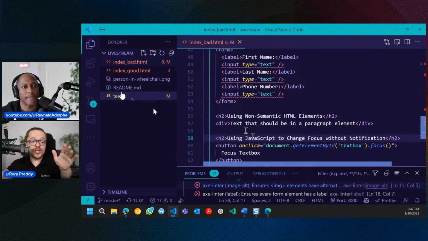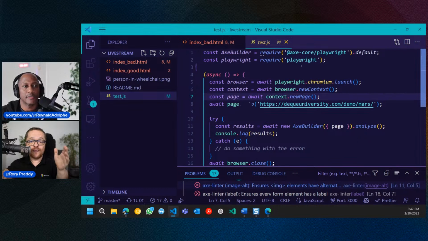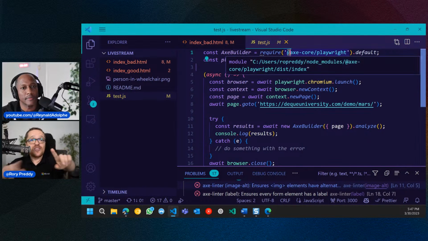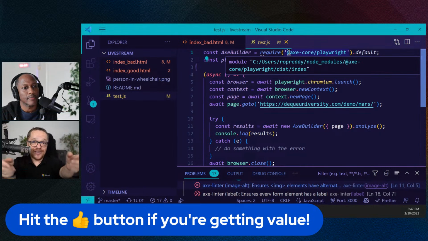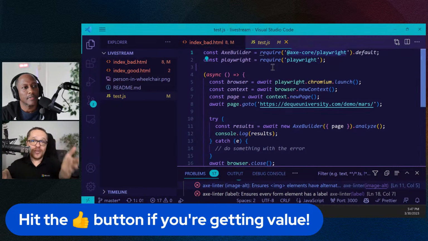So I'm going to show you today how to do that in a quick, easy way with a little bit of JavaScript code. The first thing we're going to do is import the Axe Playwright engine. This is the exact same core engine that we ran with the Linter, a little bit more hardened than the Linter, and also Accessibility Insights. So that's the Axe core here. And remember, all of this is in the repository.